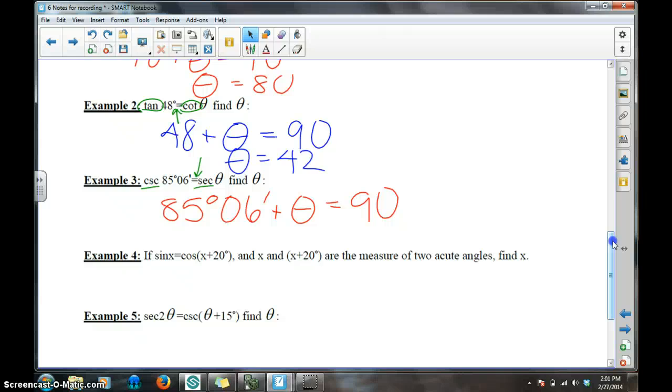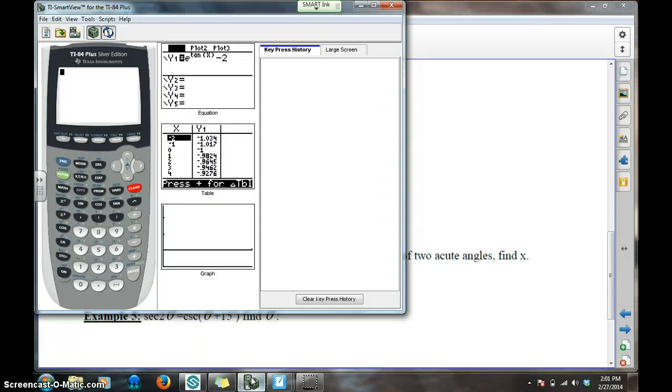What do I need to do algebraically? Simple algebraic single step move. I'm going to subtract 85 degrees, 6 minutes from both sides. So I'm going to go to my calculator, and on my handy dandy calculator I am going to type 90 minus 85, second apps, enter,